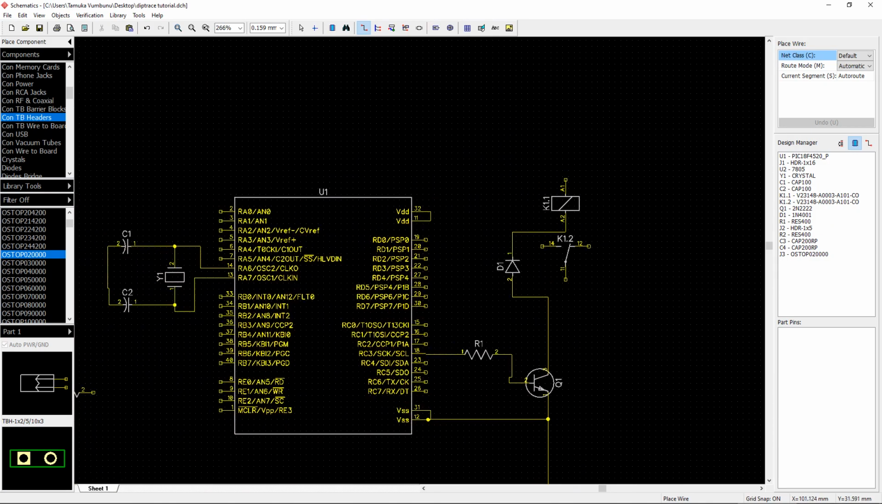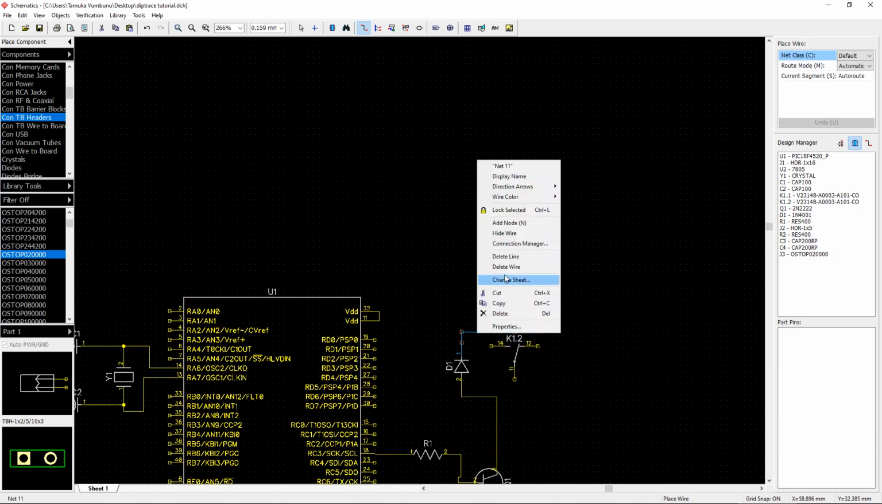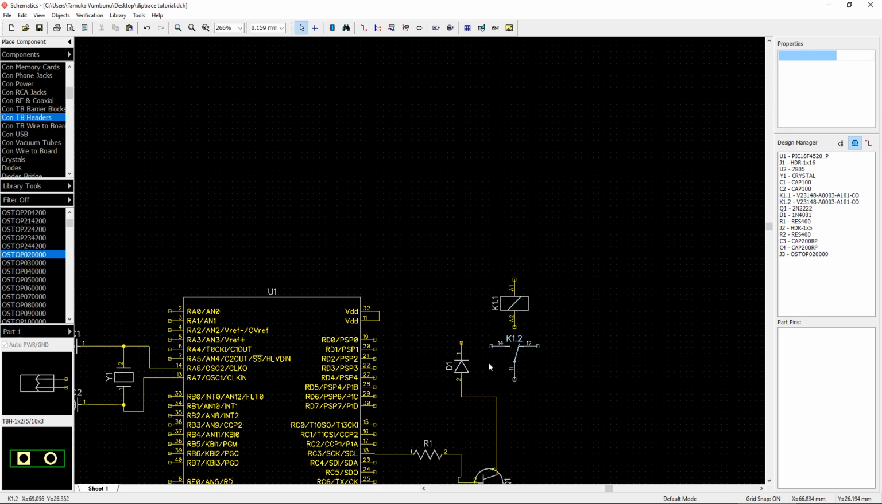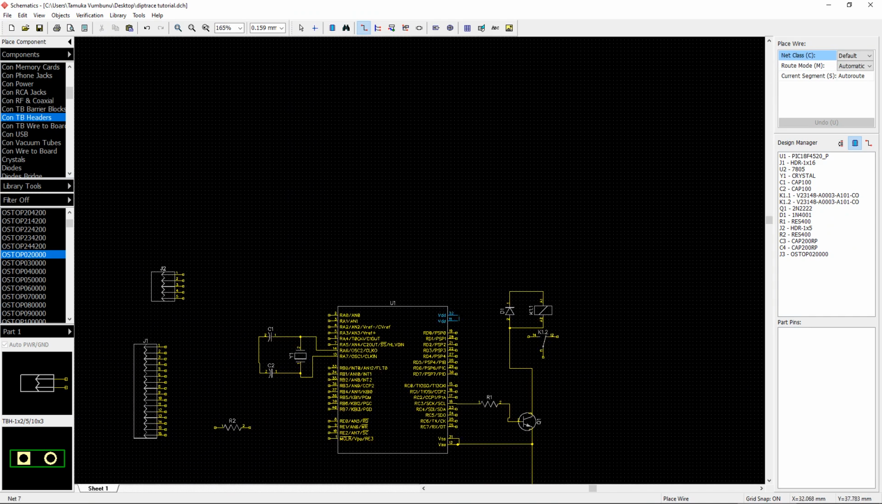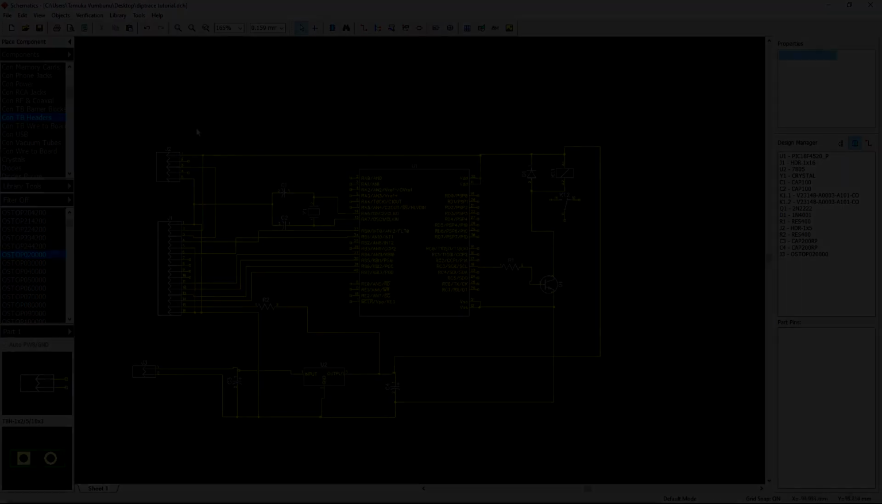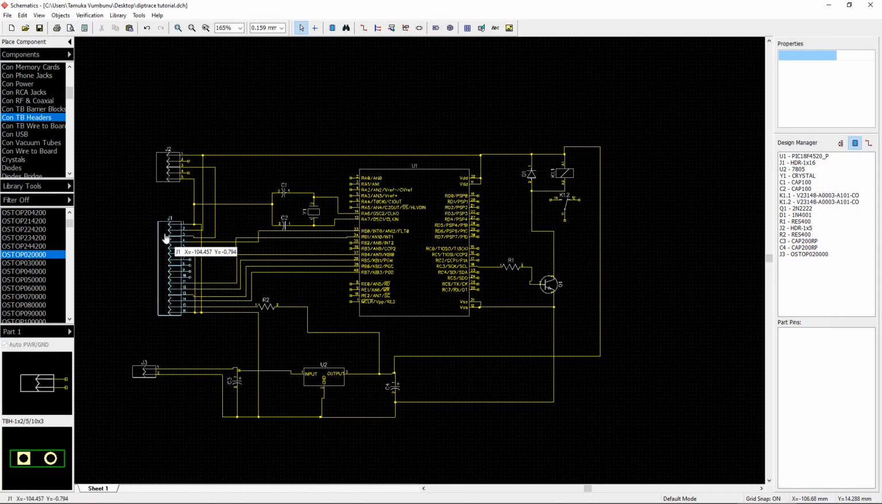Sorry, this diode here must be connected across the coil windings. Then they are as well connected to the 5-volt supply. Okay, I'm going to speed up the video again. So I'm going to rename these header pins so that you can